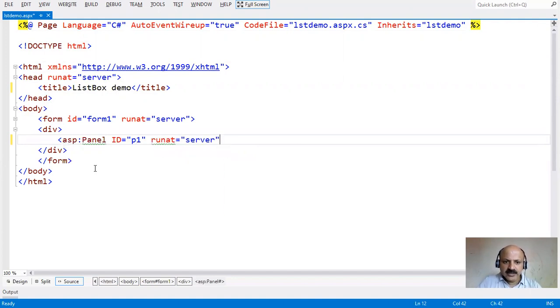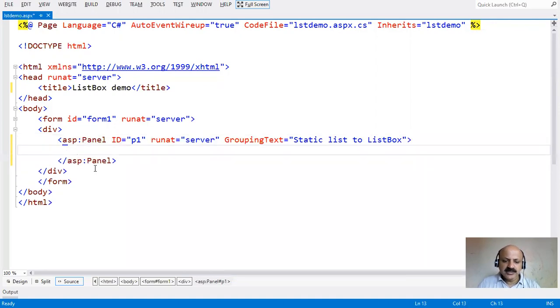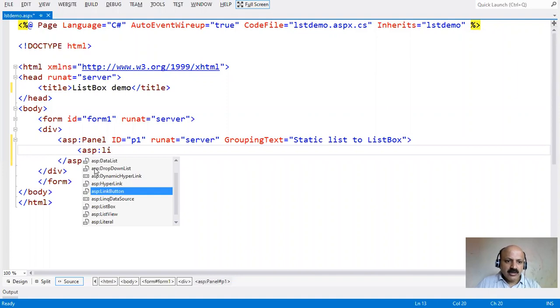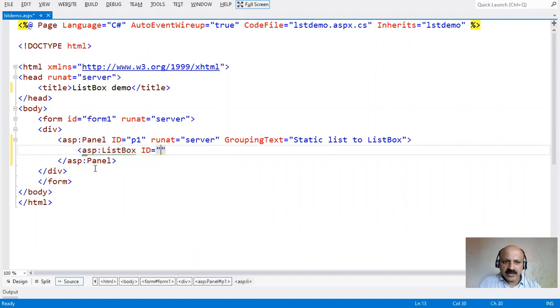run at server side, and grouping tags, that is static list to list box. Okay, in this session we have to use static lists, and there are two ways to supply the static list. Static means that we can supply it at design time. So here we provide at design time, like take one ListBox control, that ID lst list run at server side, and